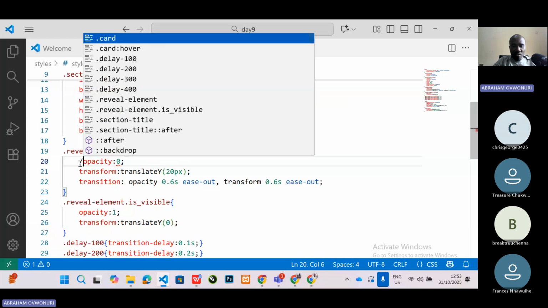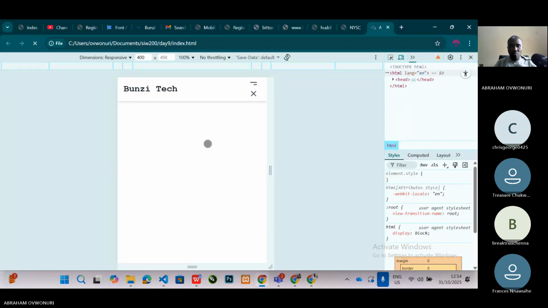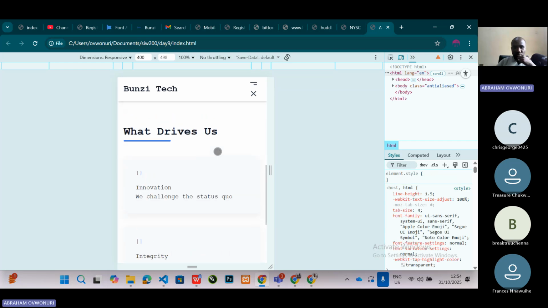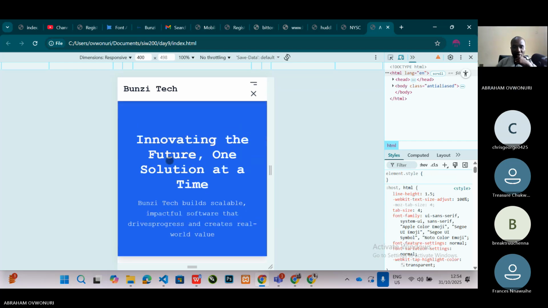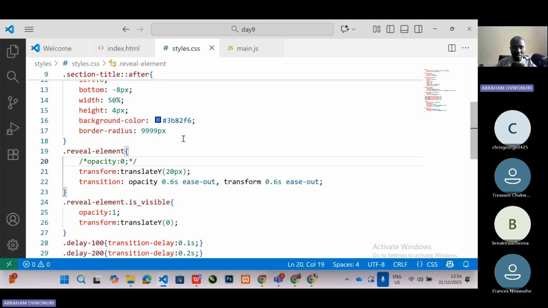Let's remove here first. Okay, so we have our solution. What we want to do is to make these places be revealed when they are visible. So that was what we tried to do here, but this is visible seems not to be working because